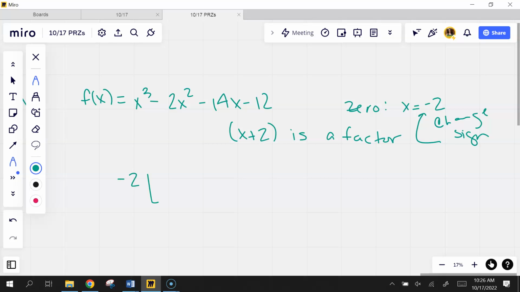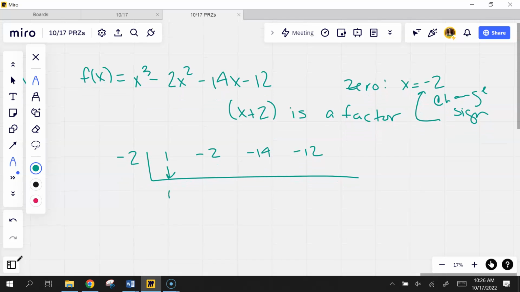So -2. Don't need any placeholders here? 3, 2, 1, constant. Nope. 1, -2, -14, -12. Slade, you still doing long division back there, or are you picking up on synthetic with us? It's all right. There was a time when you said, I'm just doing long division. All right. 1, -2, -4,